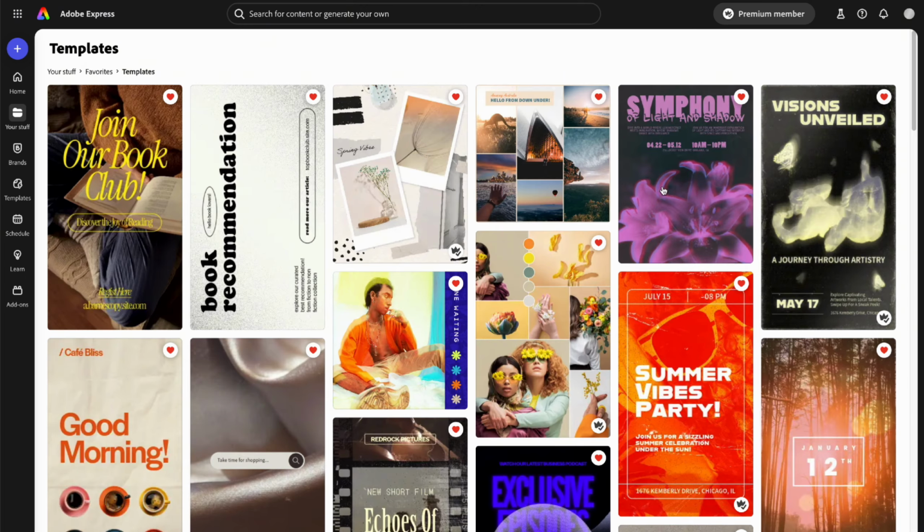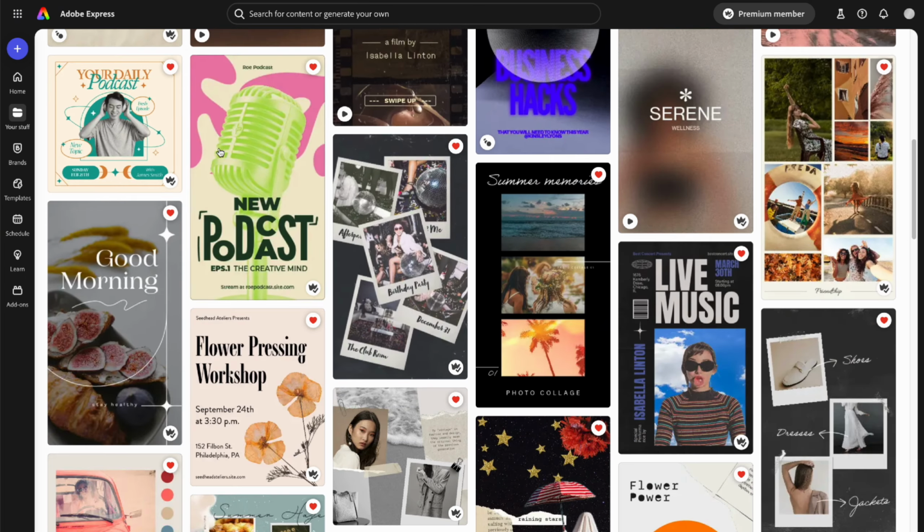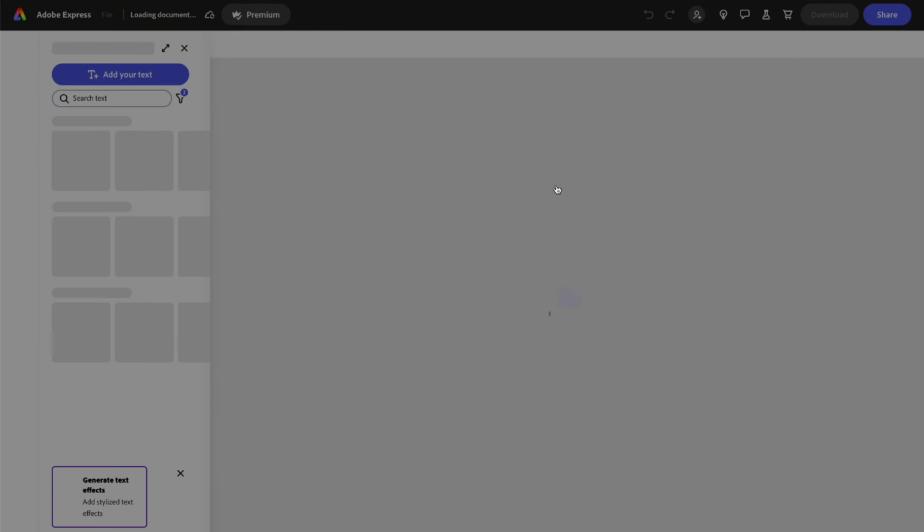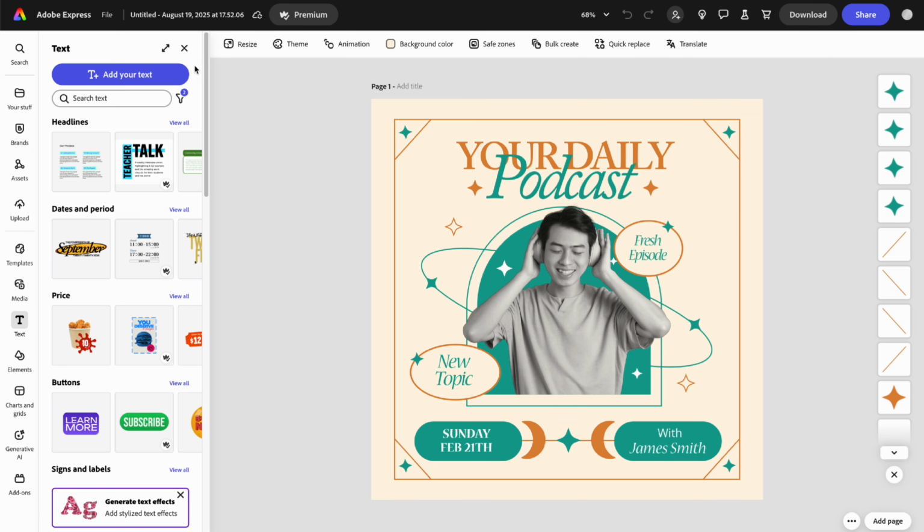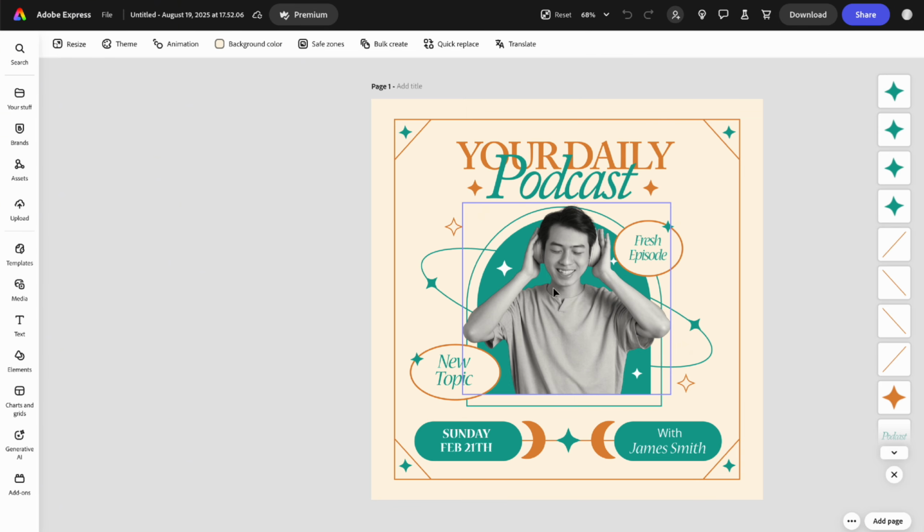Let's view all of my favorite templates and open this podcast template. So this is just a template that I would customize, you know, make it a photo of me. But to show this bulk create in this example, say this is my podcast template, and every week I have a new episode name, I have a new episode topic, I have a new date, and I have a new host here. I could go to duplicate